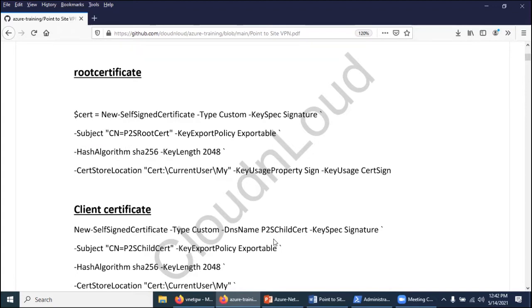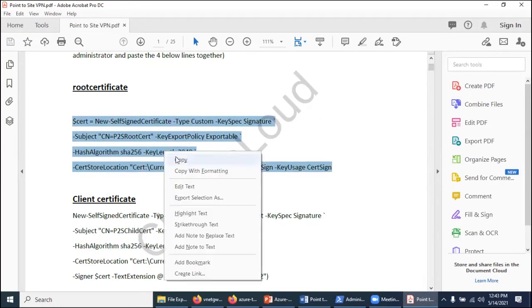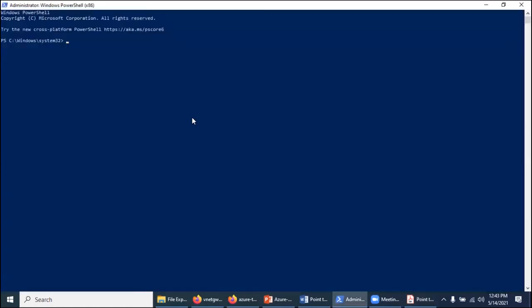In the root certificate section, copy this command, go to your PowerShell and paste it. Enter. So first we are creating the root certificate. Wait for some time. The root certificate got created.